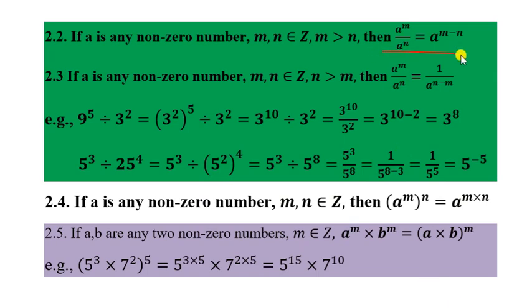Now we're going to discuss the next law, for division. We know division is the simplest form of subtraction. And for division, remember this, we subtract from the largest exponent. That's why you have to follow here m greater than n. When m is greater than n, you have to subtract from m only: a to the power m minus n. But here n is greater than m. When n is greater, then you have to subtract from n: a to the power n minus m.